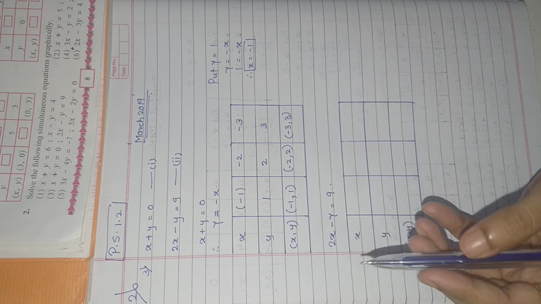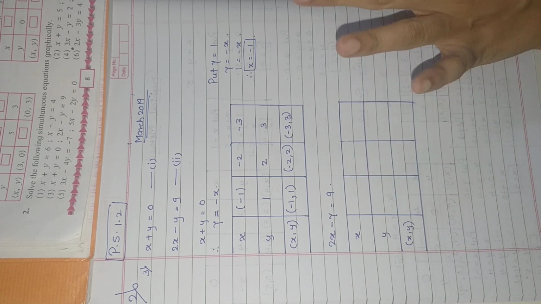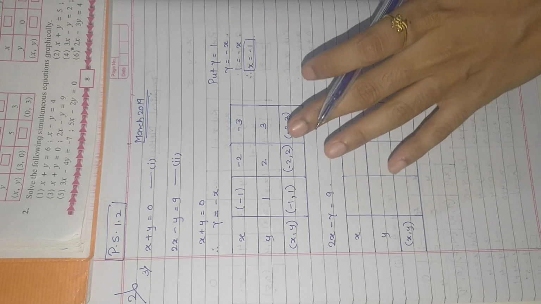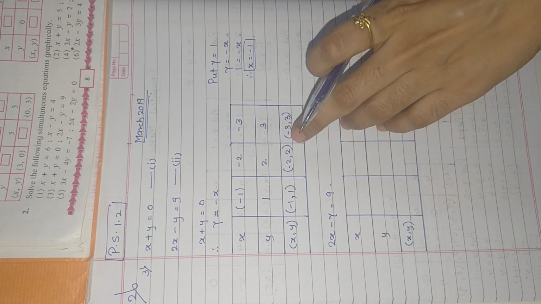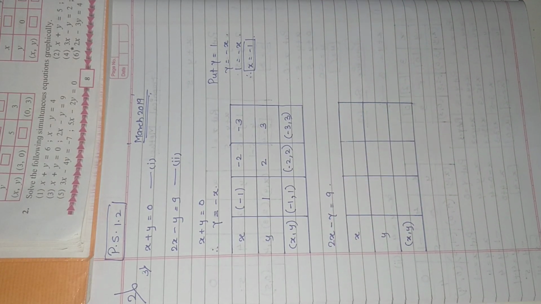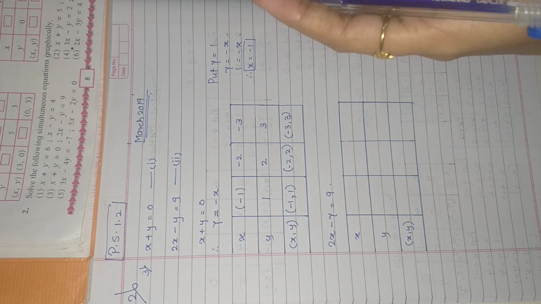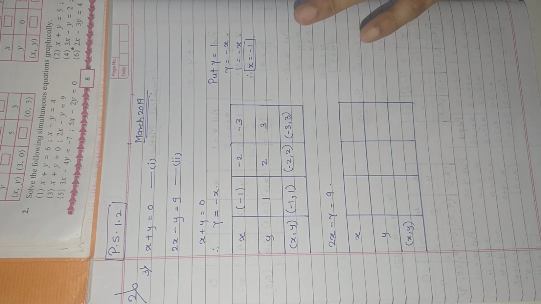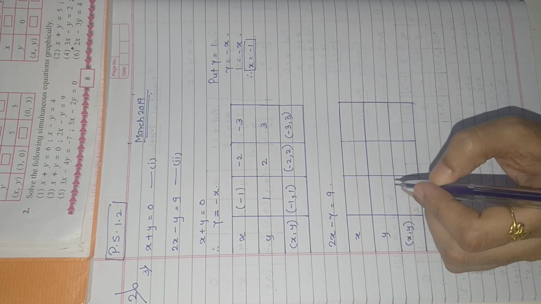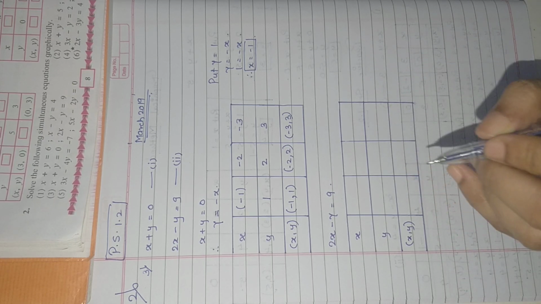you have to take such assumptions so that your calculation goes easy. Imagine a graph. In graph paper you can draw a maximum of 1 to 8 numbers, on both the negative as well as the positive side. Clear? So you cannot assume a number more than 8 in both negative or positive, and you need to solve this equation. If you get answers in decimals, it becomes quite difficult for students to mark. So it's better if you get answers in whole numbers.